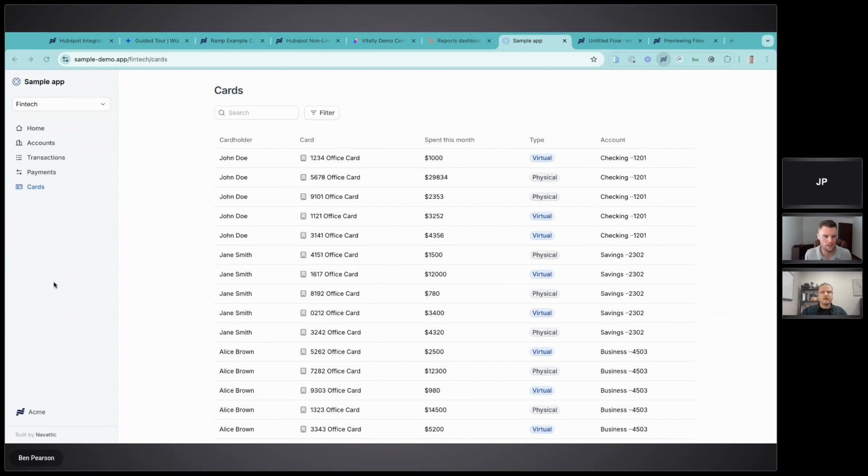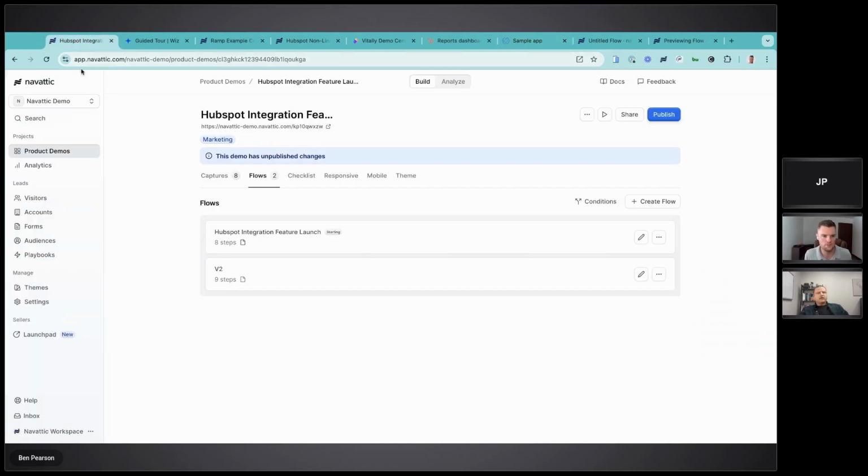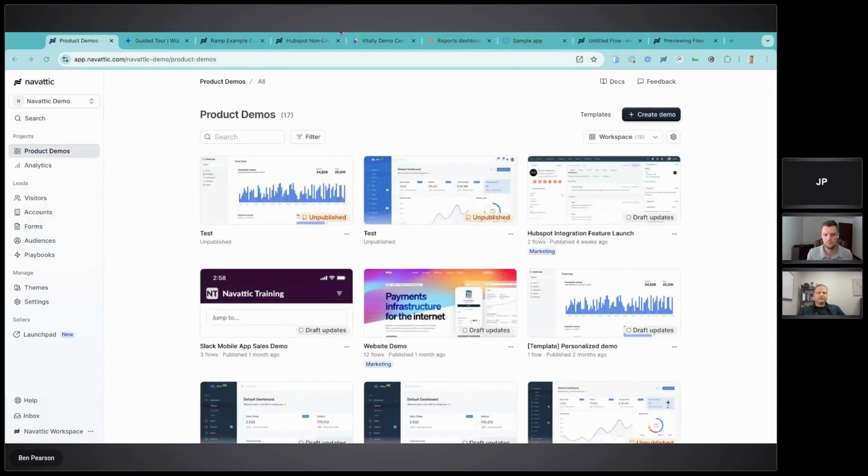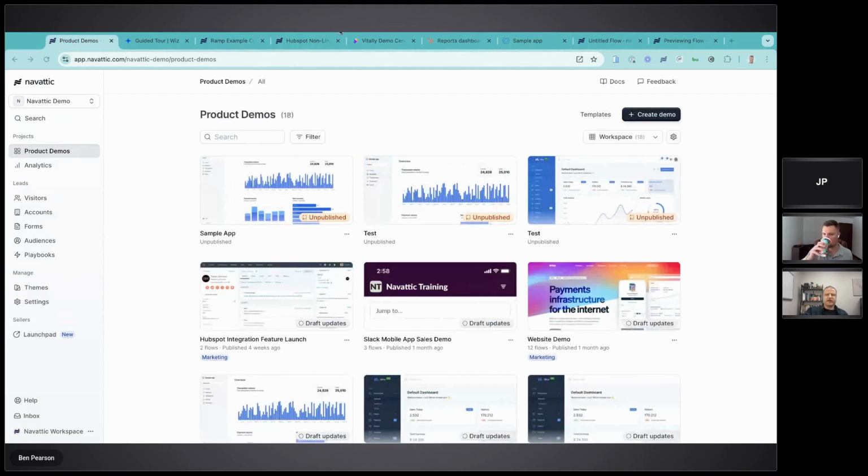Sal, anything else to cover on the building side before we finish up with some integration stuff? I think that was a good quick overview of it. I don't know if this answers your question or not, Toon, but